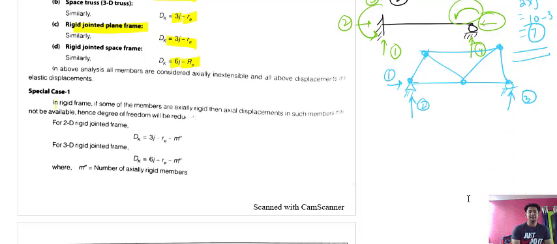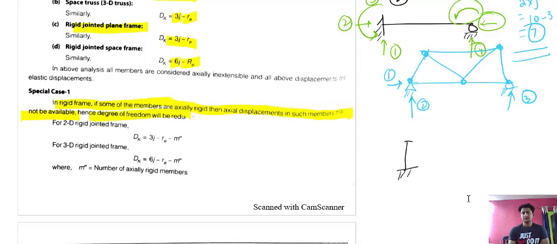Special case says in a rigid frame, when we are talking about a frame, if some of the members are axially rigid, then axial displacement in such members will not be available. Hence, the degree of freedom will reduce. So it is saying if some members in case of a frame are axially rigid, then axial displacement in such members is not available. So suppose there is one member,